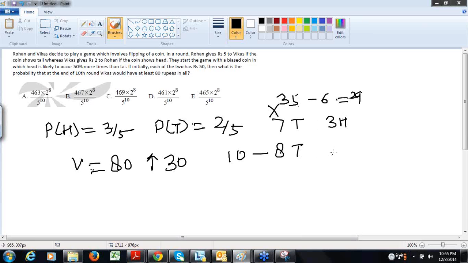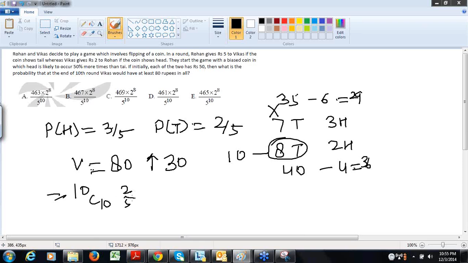Now it is saying at least 8 times it has to get tail, 2 times head. That means 40 minus 4, 36. So at least 8 times tail has to come in the 10 rounds. Just use binomial. So we'll have 3 conditions. All the 10 times it comes. So 10C10 into (2/5)^10, plus 10C9 into (2/5)^9 into 3/5,